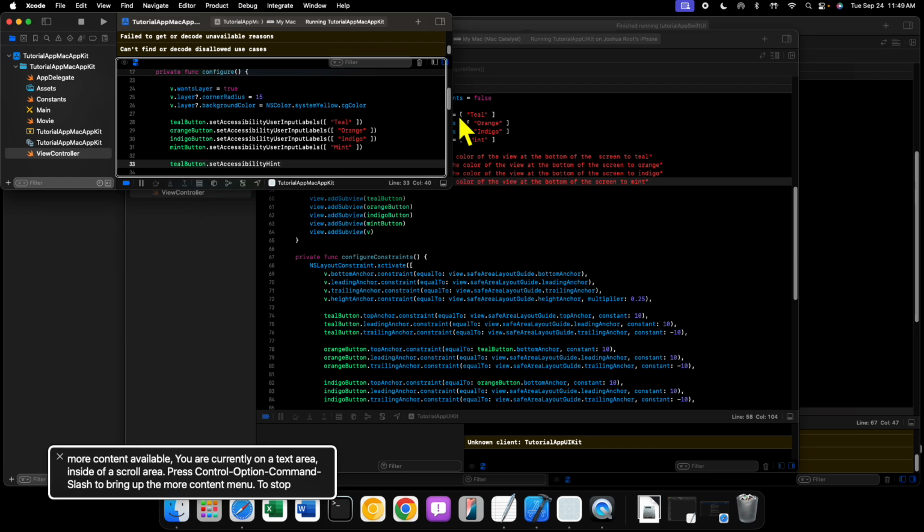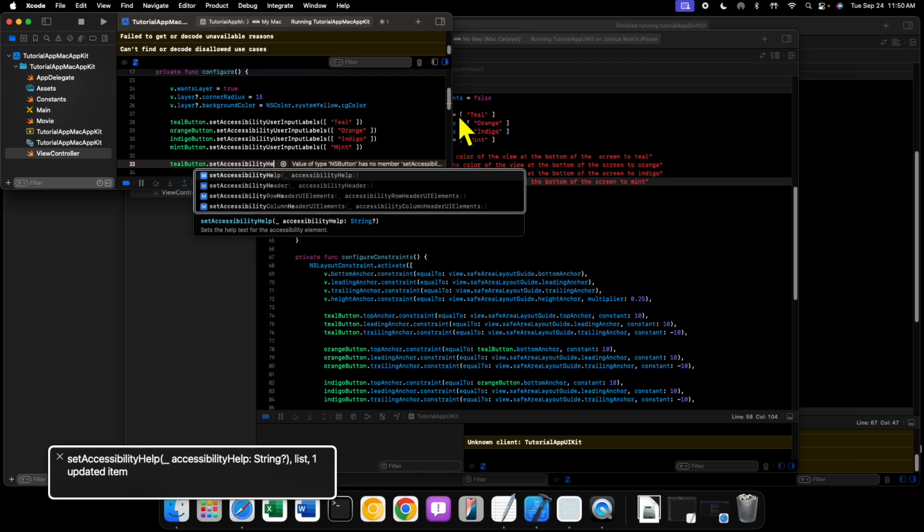Now you might be thinking right now, wait, setAccessibilityHint doesn't exist, so AppKit doesn't support accessibility hints? And that's where you'd be wrong. All right. If you were paying attention, you might have seen setAccessibilityHelp. And this works exactly like accessibility hint. So if we take a look at the inline documentation,